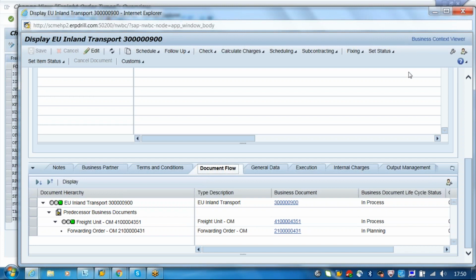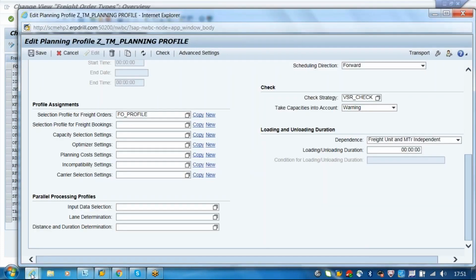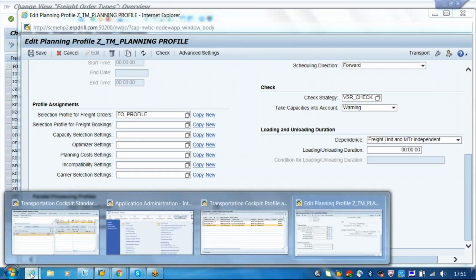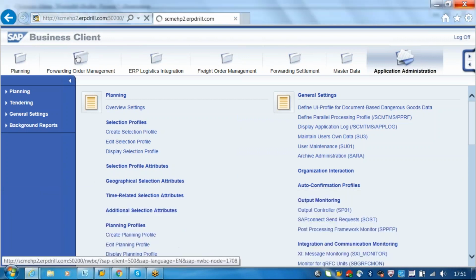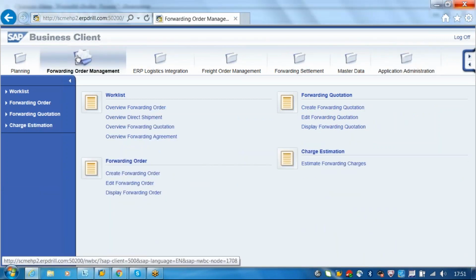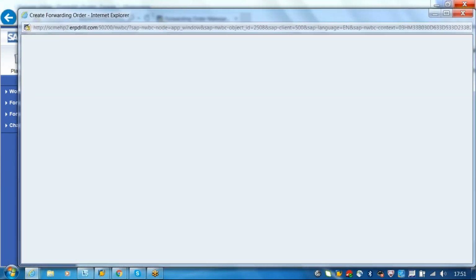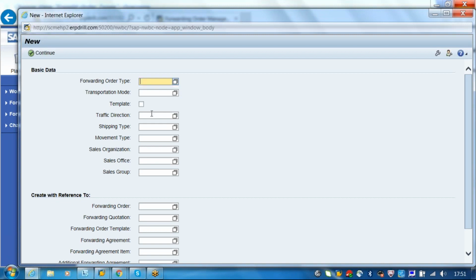So now what we will do is we will create one forwarding order now. With the 5 stages, movement type with the 5 stages we will create. So then there should be 5 freight orders. How that will happen, I will show you. Okay, now just choose the document whatever we created, 210031. Okay, go to continue.